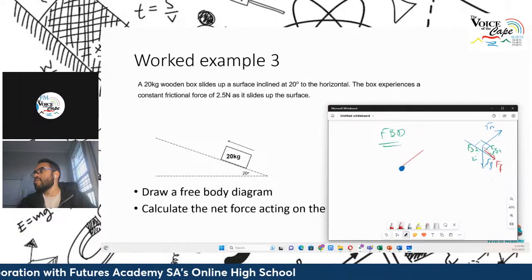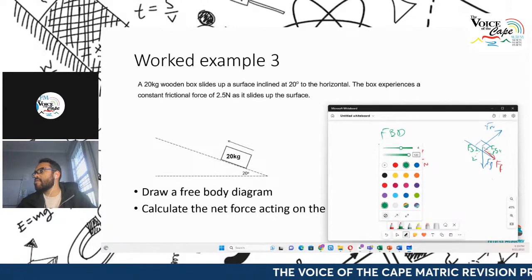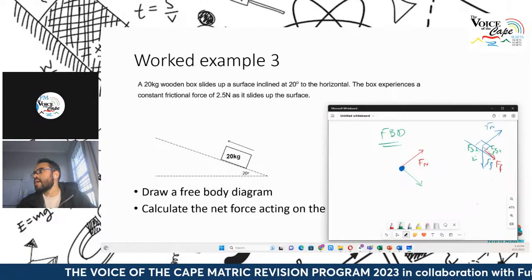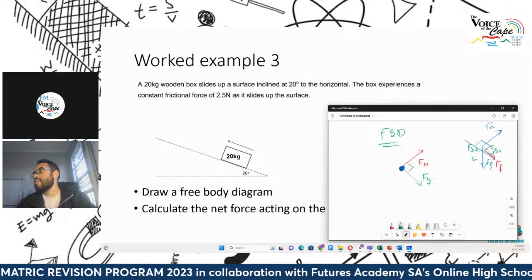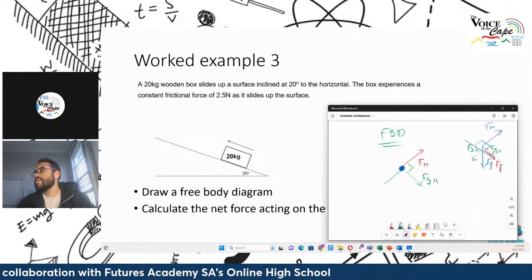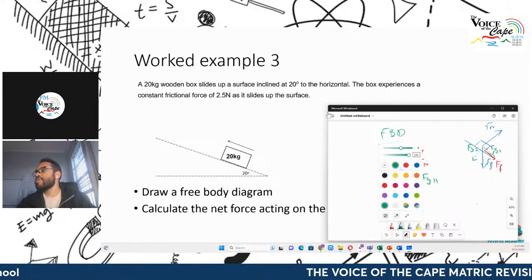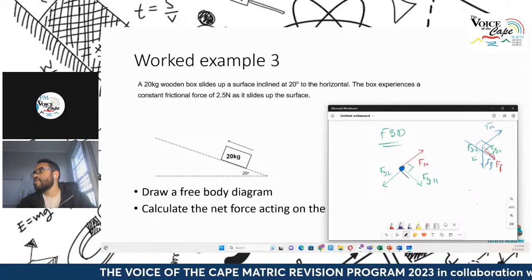So here's the one force, right? That's Fn. Then the one component of gravity is, I'm going to do it in green, take it straight from here. That's the one component. And again, at a right angle here, that's going to be Fg parallel. Okay, the other component of gravity will be this one. Okay, and that's going to be Fg perpendicular. And then we have the frictional force also over there. Just use purple. We have frictional force.